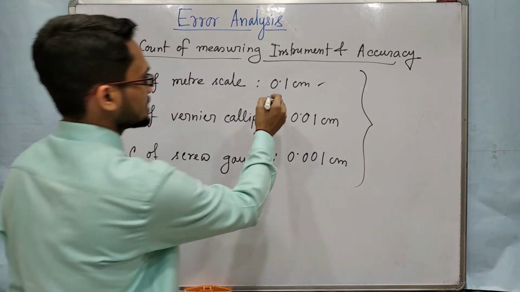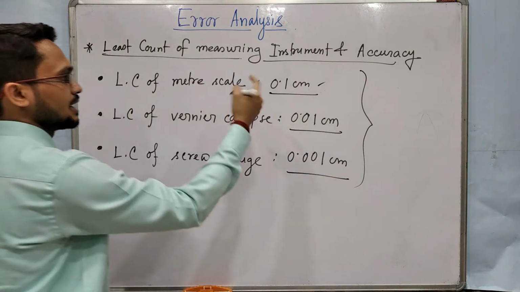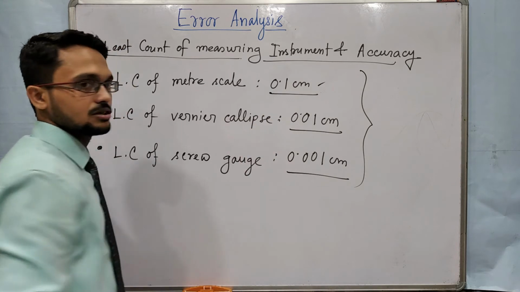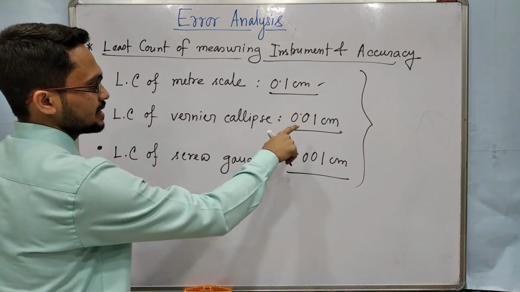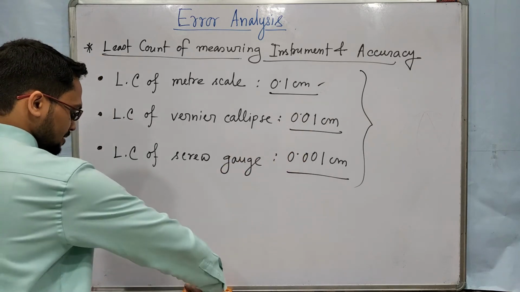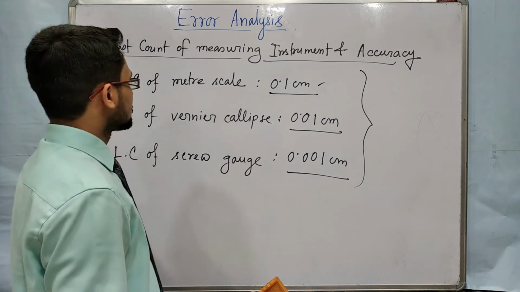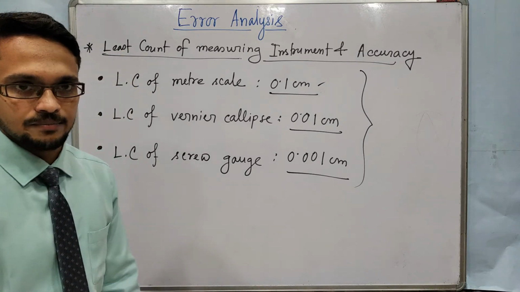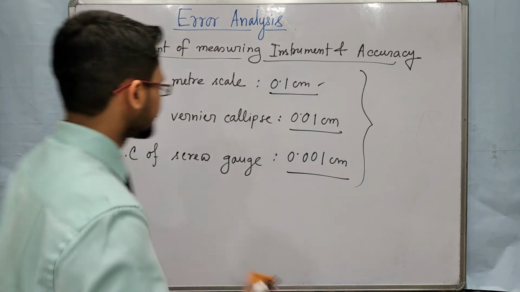Okay. So least count will be the absolute error. When you are using meter scale, the absolute error will be plus minus 0.1 centimeter. For vernier calipers, it will be plus minus 0.01 centimeter. Okay, so in this way. So I am giving one example so that you can understand it properly. So suppose you are using a meter scale, and you are measuring the length of a rod.